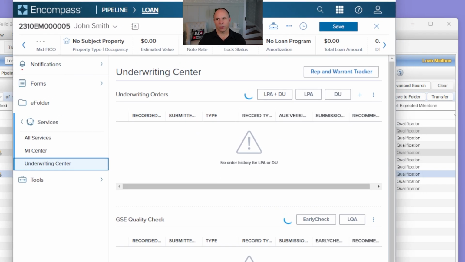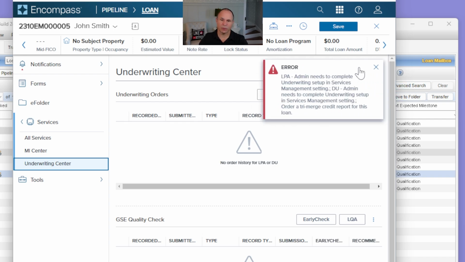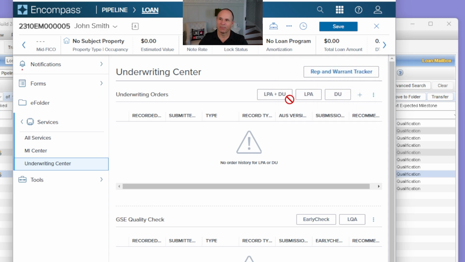Why is this important? Well, first of all, this allows you to run dual AUS. So if you're interested in running dual AUS, you'll get that. If you have not enabled things, you'll get those pop-ups, so please test accordingly. But here's how you can not only look at that, but then obviously look at your rep and warrant tracker, which is the same thing that you can find in a desktop in Tools.